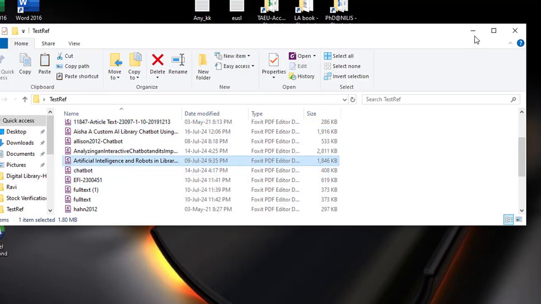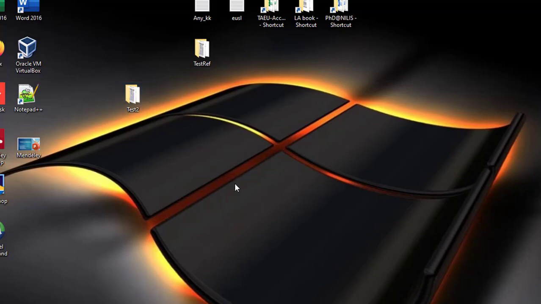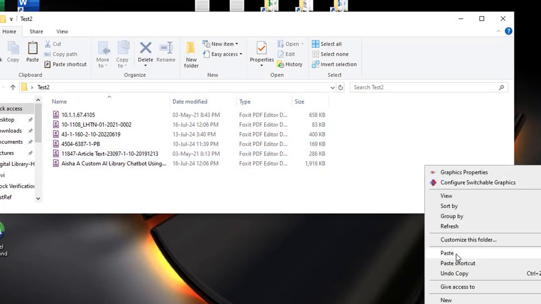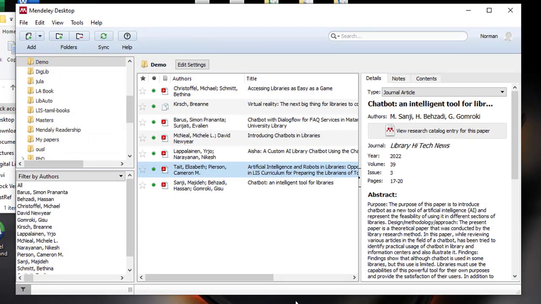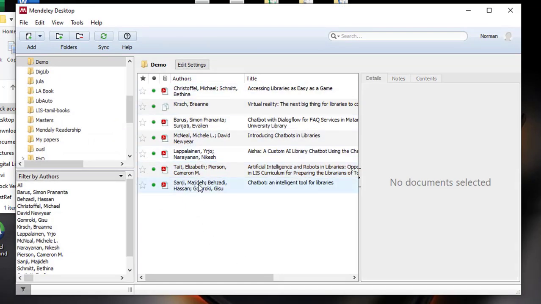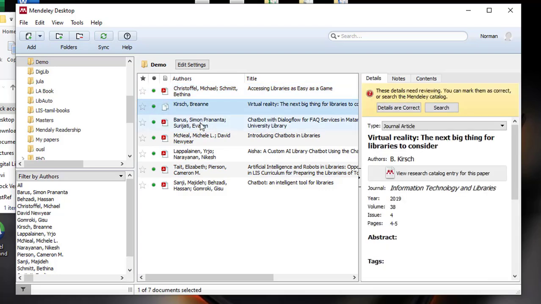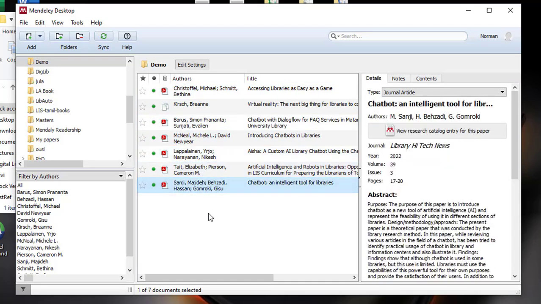So I'm taking another article and I'm going to add that article to this folder. So it's a new article. Now you can see it is automatically added here. Now you can see 1, 2, 3, 4, 5, 6, 7. So it automatically added. You don't need to add manually again and again. So if you link the article using a folder watch option, whatever you added to that folder, it's automatically linked